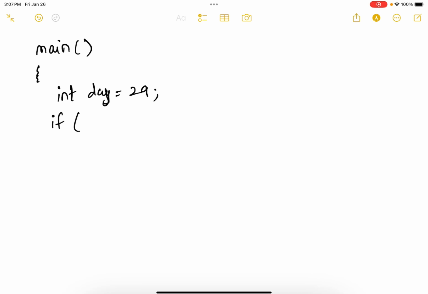Let's take some examples to see how the if condition works and how we can use the relational operators. For example, this is my main function. I have a variable int day equals to 29. I'm going to say if day is greater than 10, start my if block, and then I printf